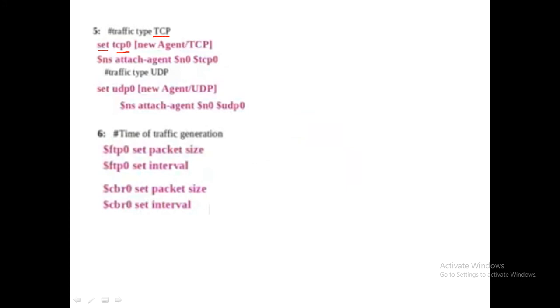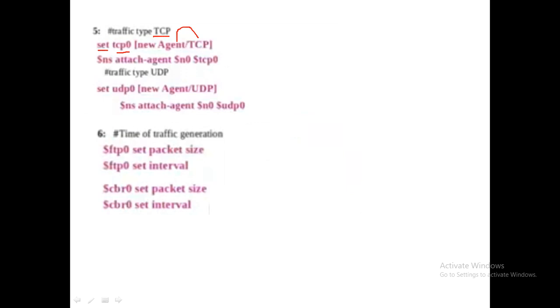This is one variable name we are using, tcp0 square bracket new agent slash TCP. Now we are creating for a TCP traffic. This is capital letter TCP, present in the class called agent. So you are going to create an object, a small tcp0, of this class TCP.